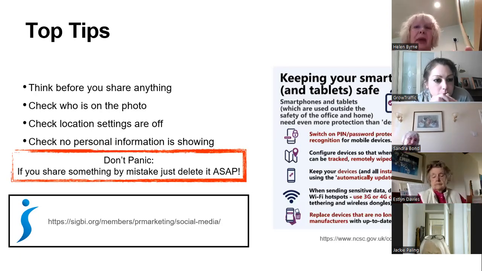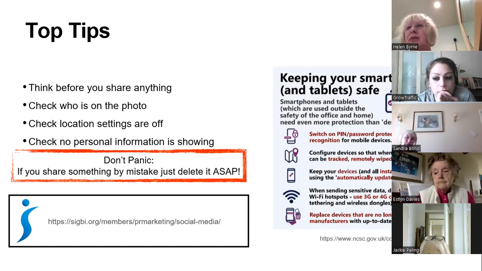If you're concerned about making sure that nobody knows where that location is, check there's no personal information showing. There is also some other information on the right hand side here that tells you how to keep your smartphones and your tablets safe. They're really helpful, especially if you're taking photos on your phone.